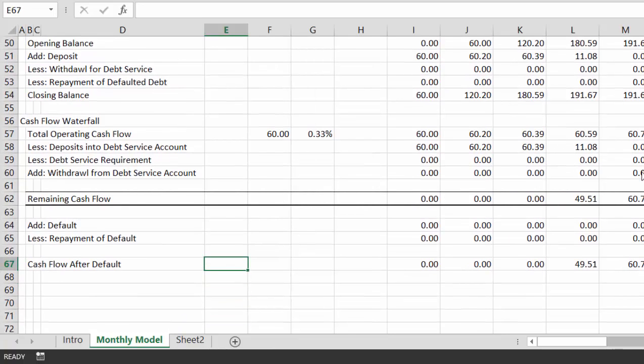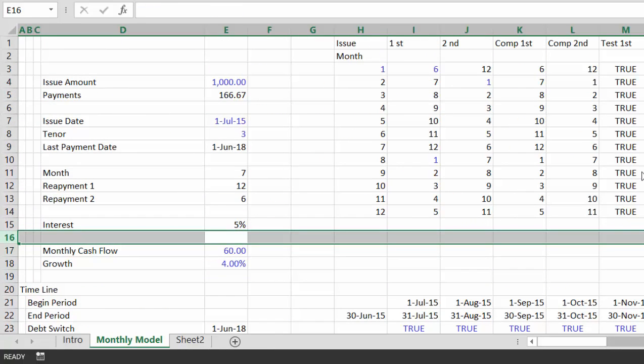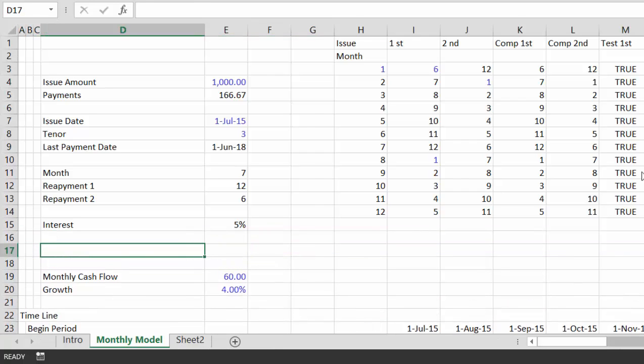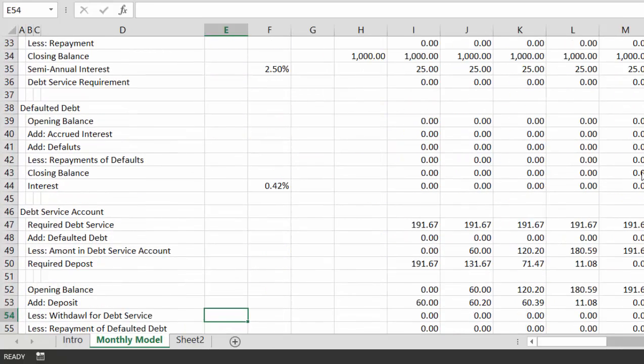Okay, so now we're going to add a debt service reserve account. So why don't we put the DSRA months. Now, you know, in other videos, especially if we have a semi-annual, maybe I should go in. I don't want to get bitten by too many mosquitoes. 6. Okay. If we put the debt service reserve months in here,